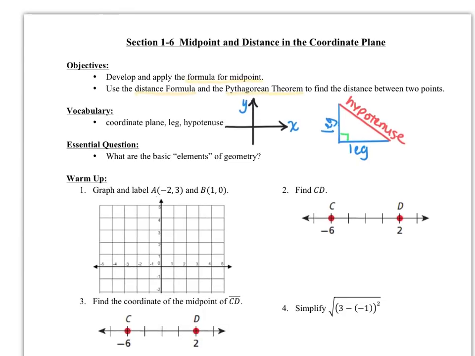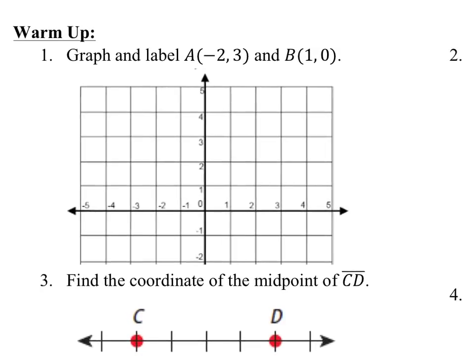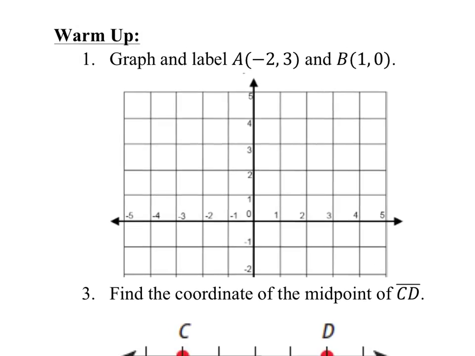We have a warm-up, and we're going to take a look at each one of these questions separately. The first one says, graph and label points A and B. Remember that both the x-axis and the y-axis are number lines, and going towards the left we go towards the smaller or more negative numbers, and as we move towards the right, we go to larger numbers. For points A and B, the first coordinate is the x-coordinate, and the second coordinate is the